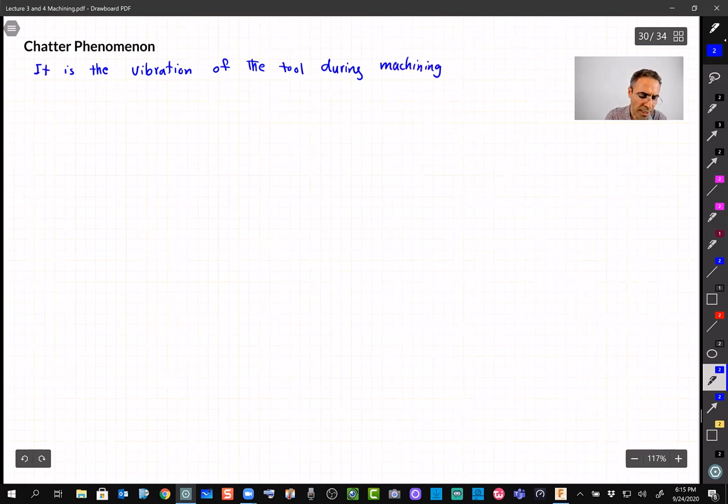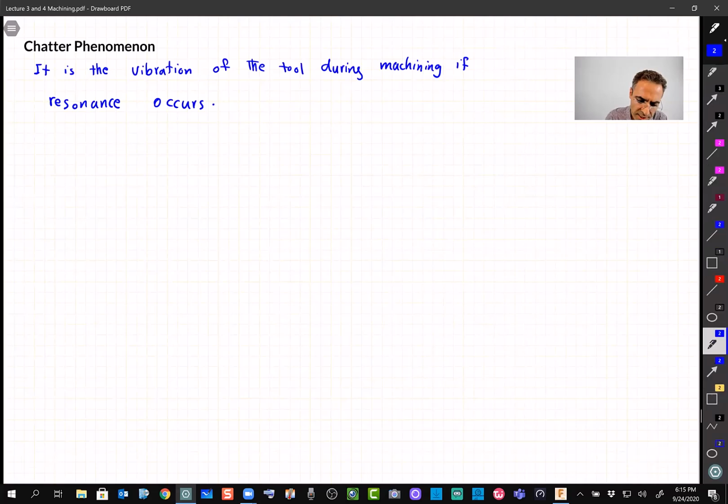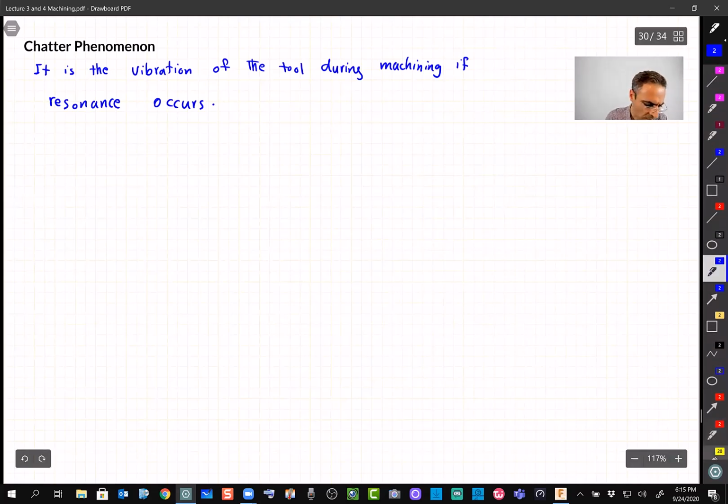But what type of vibration? If resonance happens, or resonance occurs, all right? So the key here is these resonance things. But what is resonance? I'm sure in one of your physics courses you've seen it, but just to quickly remind you,